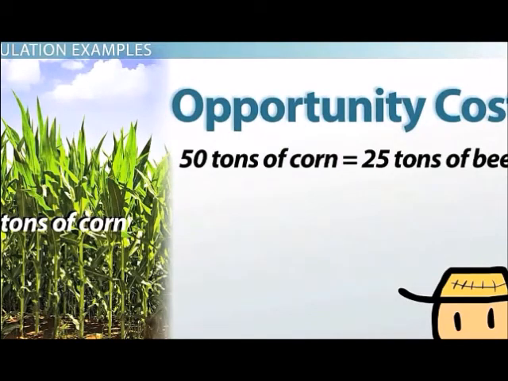What we really want to know is how much beef we could have produced if we chose to produce 1 ton of corn. But the question gave us 50 tons. To reduce this equation down, we divide